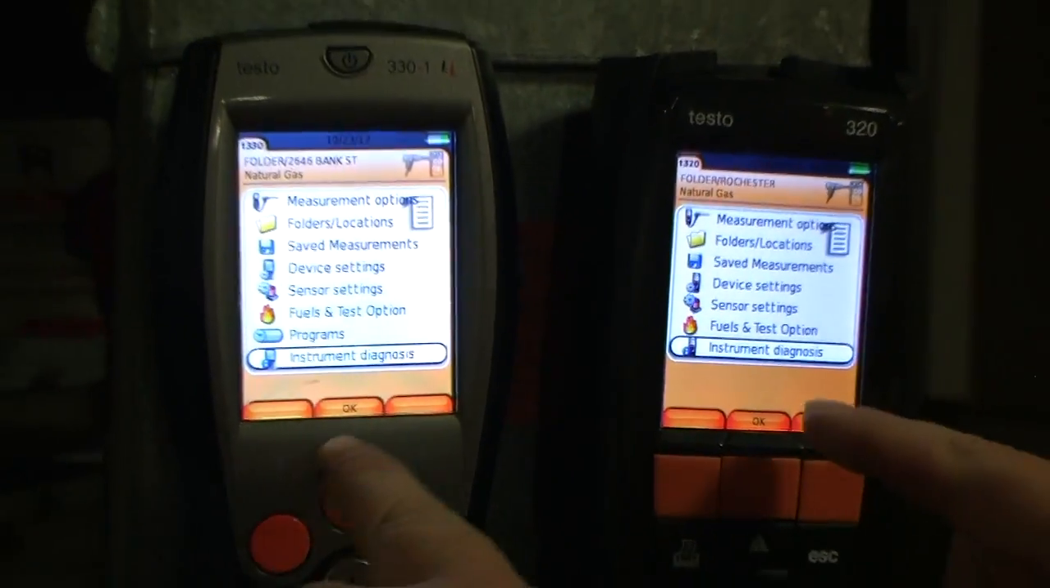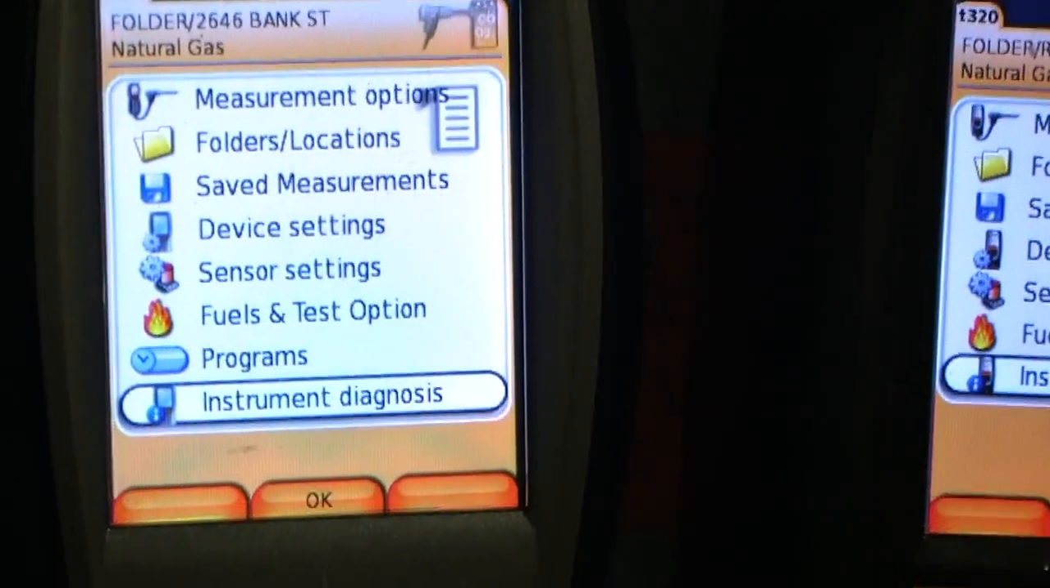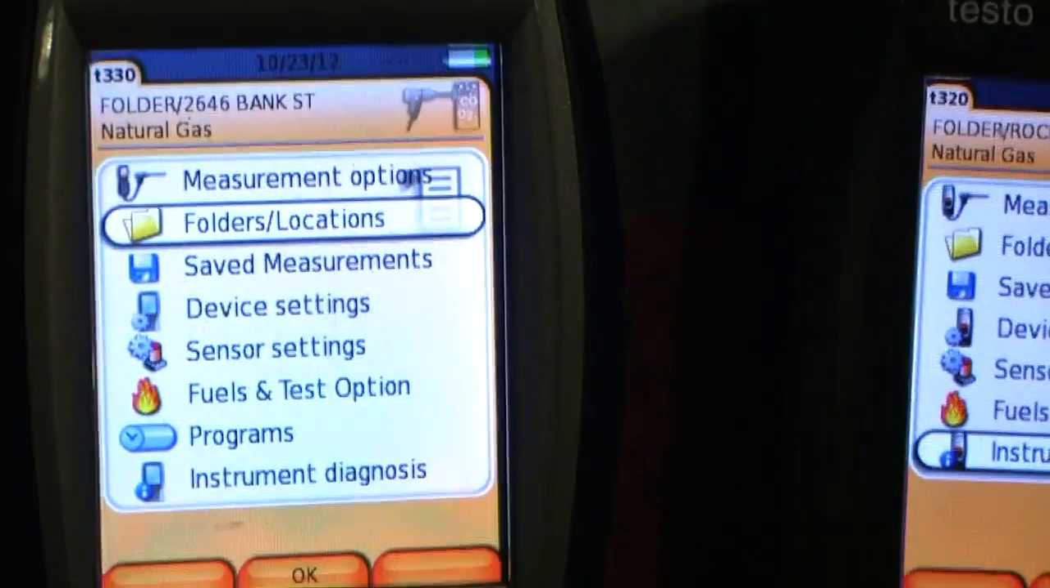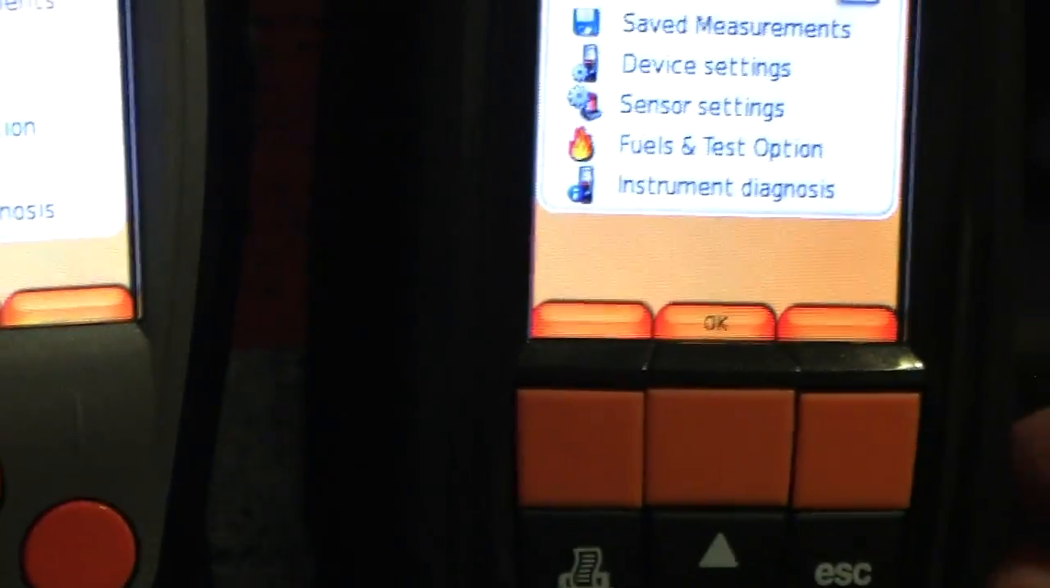Okay, so we've got instrument diagnosis. The whole screen looks basically the same, and it takes us back to full measurements. Yes. Okay. And as far as the looks go, I don't know which one I like better. I don't have my tripod. I left my tripod at home, but